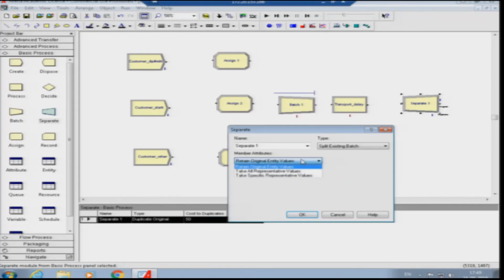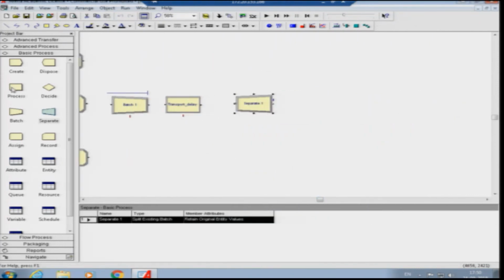If you click any of these, then you need to change the attribute values and other things, but we want to retain the attribute values because the entity values that we have already defined in the assignment node, once we go to the processing window, we need these values to get them processed. So, we will keep this attribute as retain original entity values.